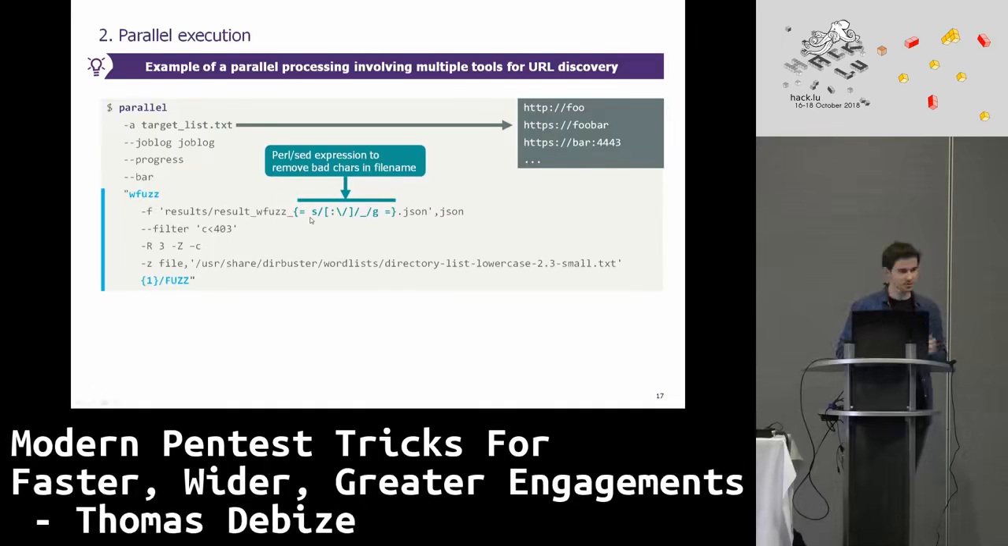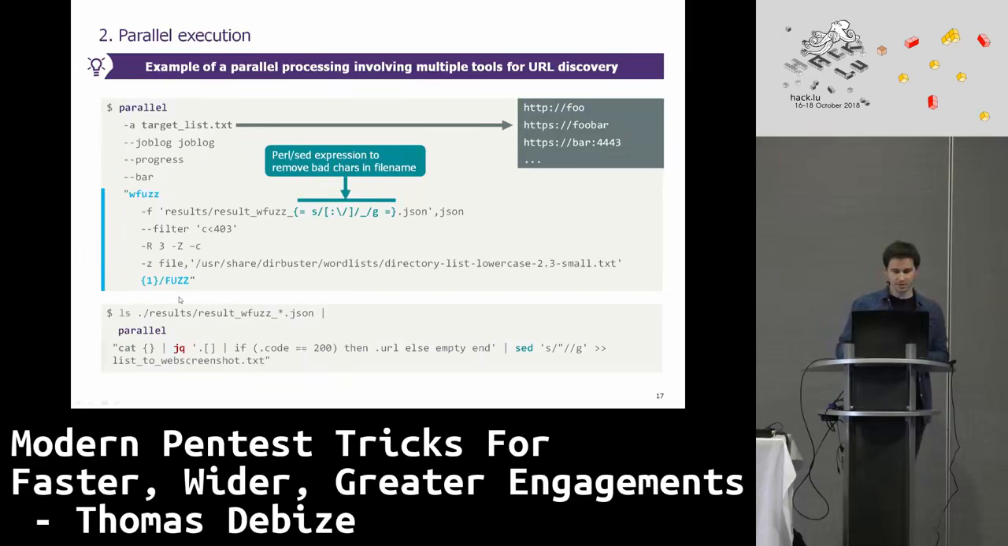You can input in your command, in your process, some direct perl/sed expression to remove bad chars in file names in the outputs, because here you can see my input file contains some bad characters for Unix. You can write files with this kind of character here, colon and //, so here I'm just replacing them inline through the process. And I can even automate, when I have the wfuzz result, just pipe them